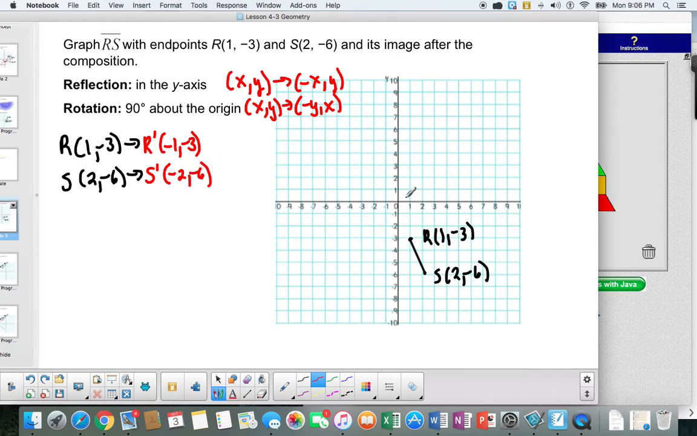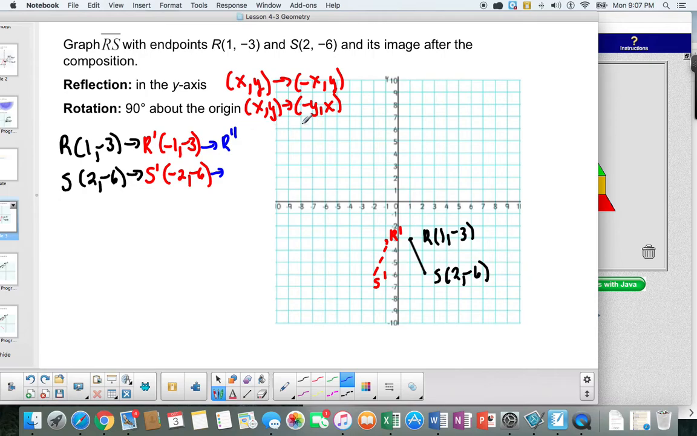So let's go over here and graph it. Negative 1, negative 3, negative 2, negative 6. So this is R prime, S prime. Okay, now what we want to do is go through another transformation, and this transformation will be